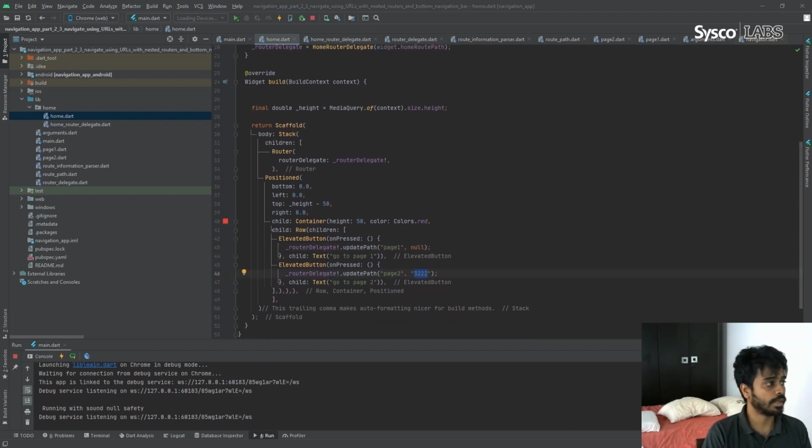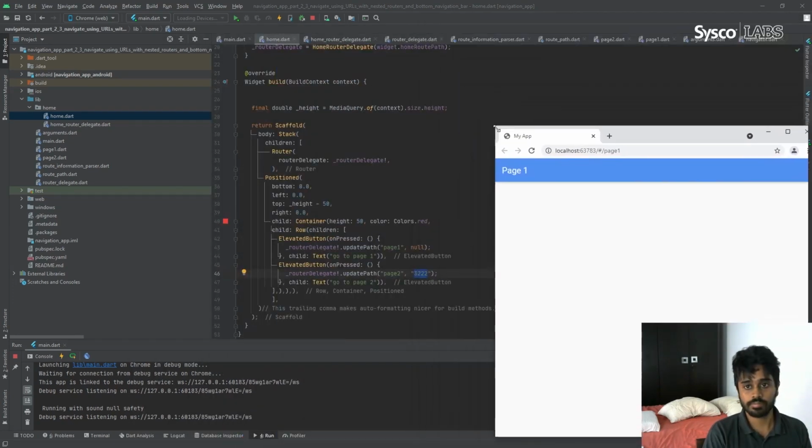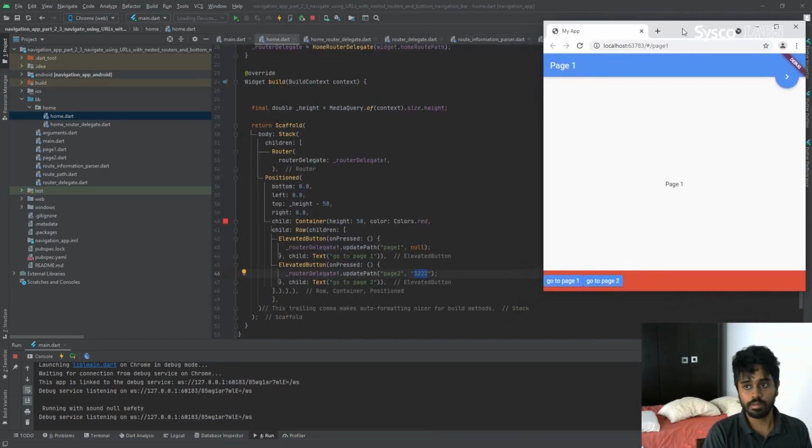So let's see that application running here now, and I have moved the floating action button up here in page 1. If you press go to page 1, since you are already in page 1 you will not see any difference. Now when you press go to page 2, it will go to page 2, and when you press page 1 here again, you will go back to page 1.